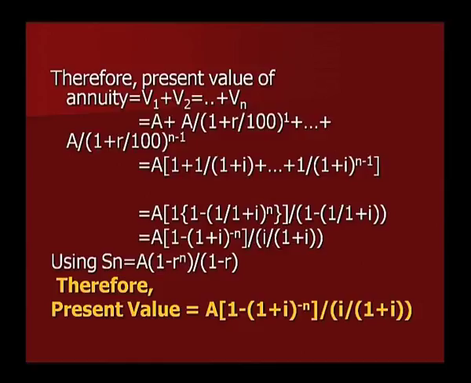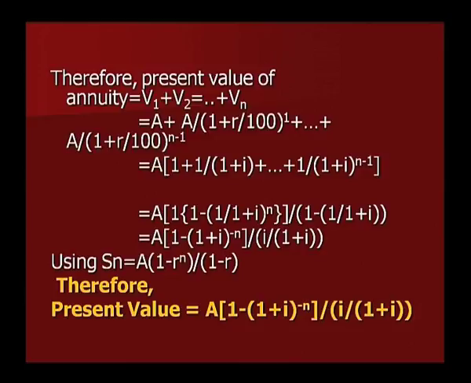Vn is equal to A plus A upon (1 plus R upon 100) to the power 1, and so on, plus A upon (1 plus R upon 100) to the power n minus 1. That is equal to A multiplied by [1 plus 1 upon (1 plus i) plus, and so on, 1 upon (1 plus i) to the power n minus 1], which is equal to A multiplied by 1 multiplied by [1 minus 1 upon (1 plus i) to